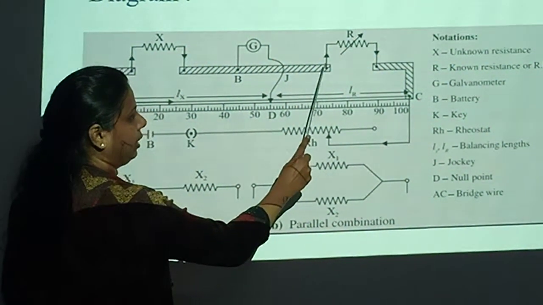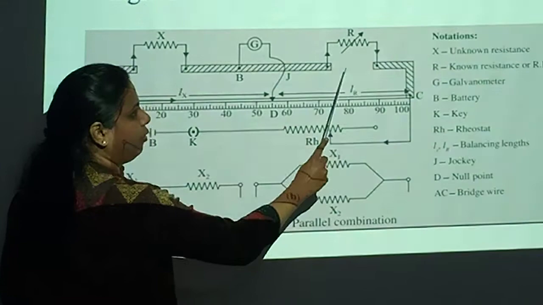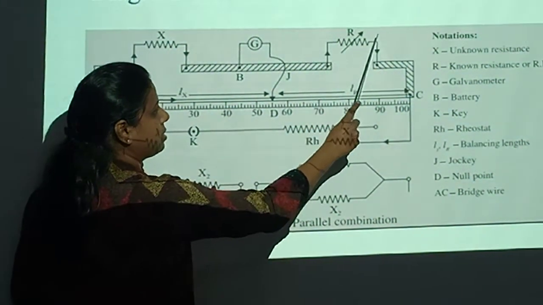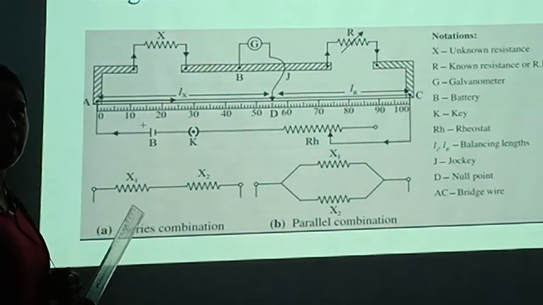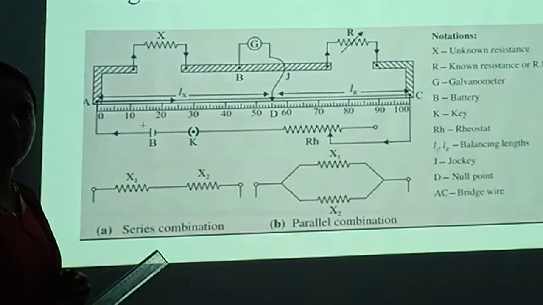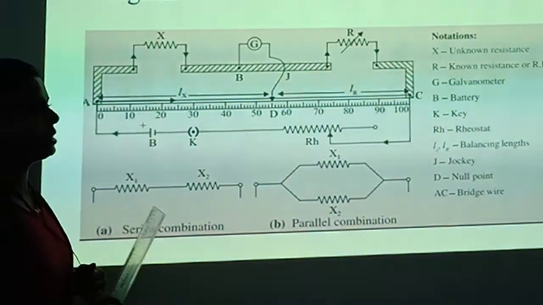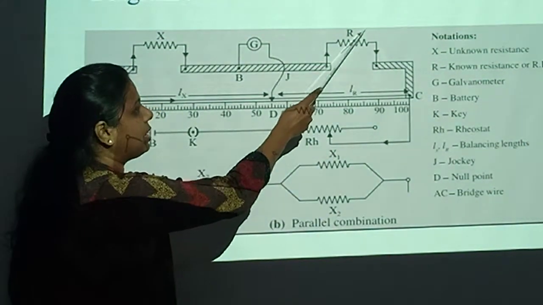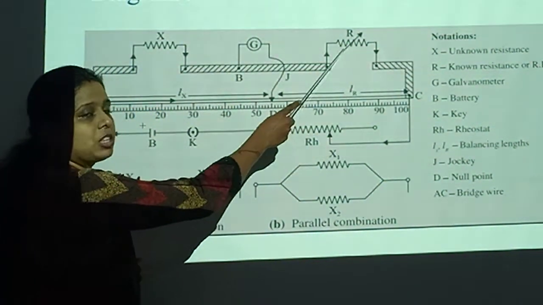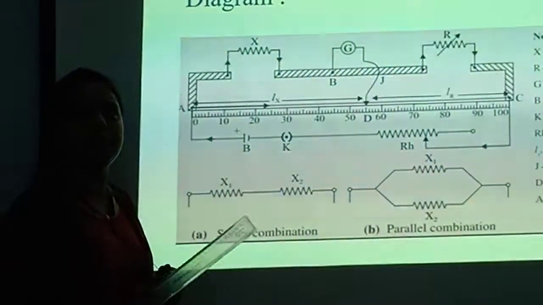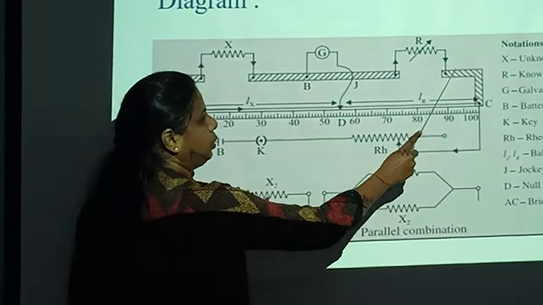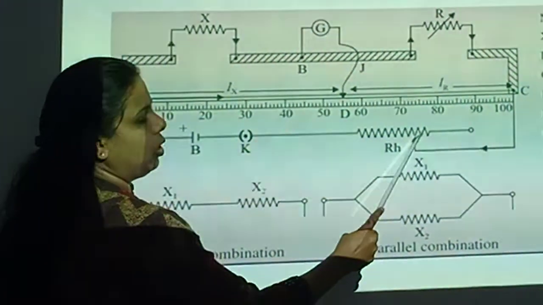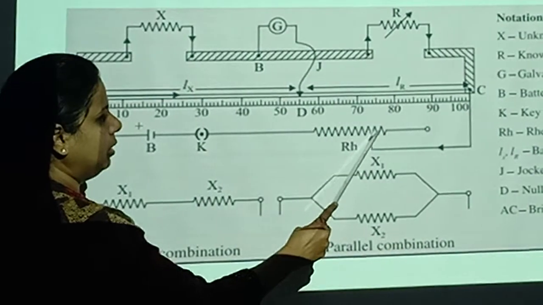Secondly, go towards this point. This is another gap of the Wheatstone's meter bridge. In this gap is the known resistance, and its value is desirable, up to you to decide. This arrow indicates a variable. This is the resistance box; a resistance box means a known resistance with variable values. Come to this point, C. This C point should be connected to the rheostat, which is variable.